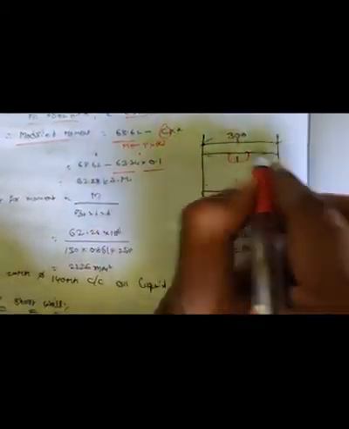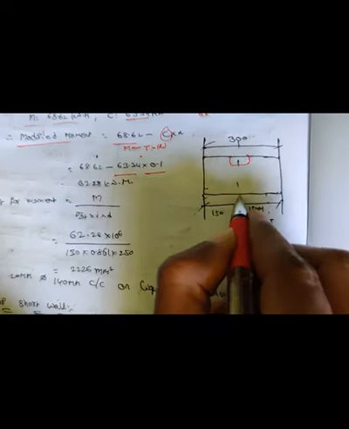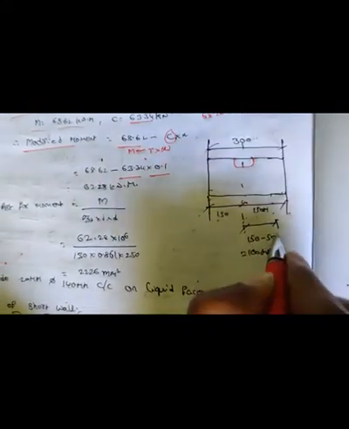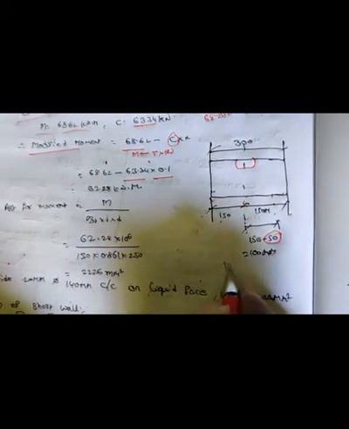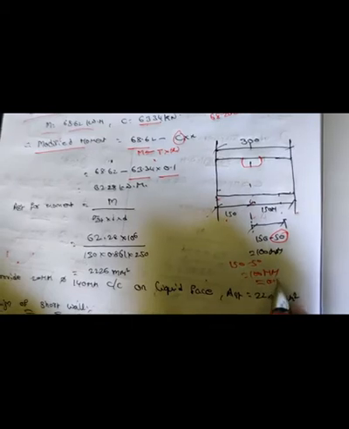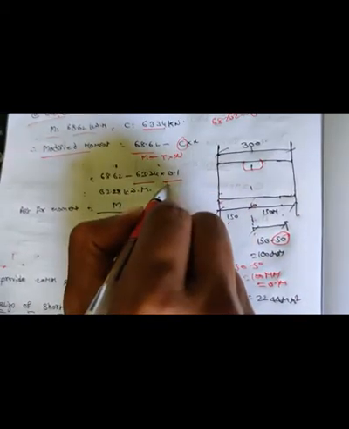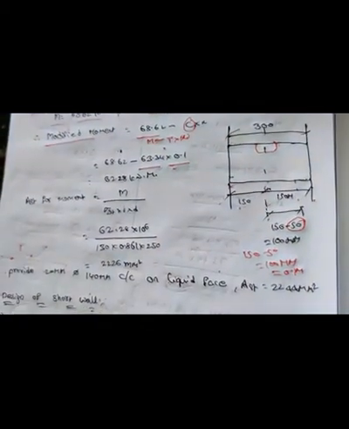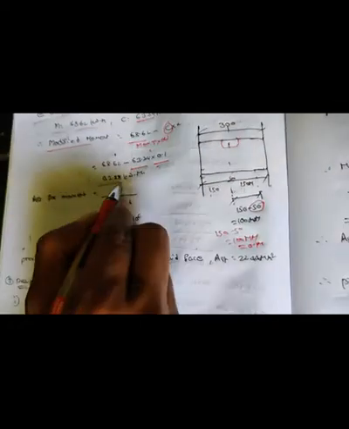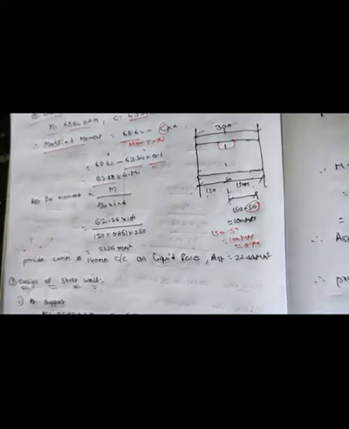This is my 300 mm width. Exactly at the center it is 150, 150. Here I am removing the clear cover, that is 150 minus 50, 100 mm, which is nothing but 0.1 meter. Whenever we are finding modified moment, we have to remove our clear cover also. By calculating this value, I am getting 62.28 kilonewton meter.